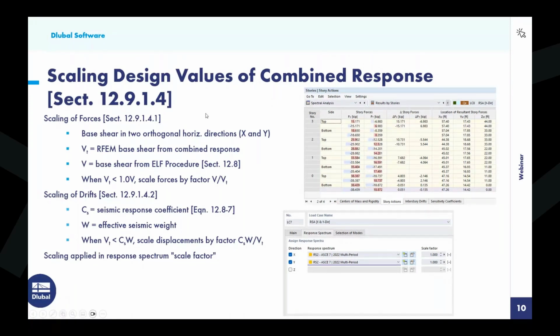The code tells us that we do need to consider the base shear in two orthogonal horizontal directions, X and Y, and that's certainly what we did today. And from the program, we need to get the base shear from this response spectrum analysis from the combined response. And I will show you in just a minute how we can utilize the building model to get this information